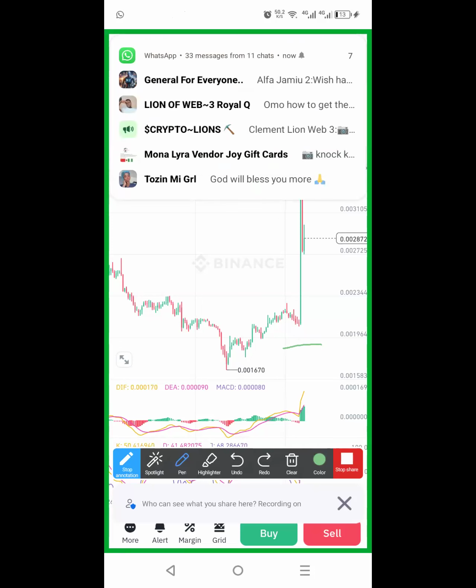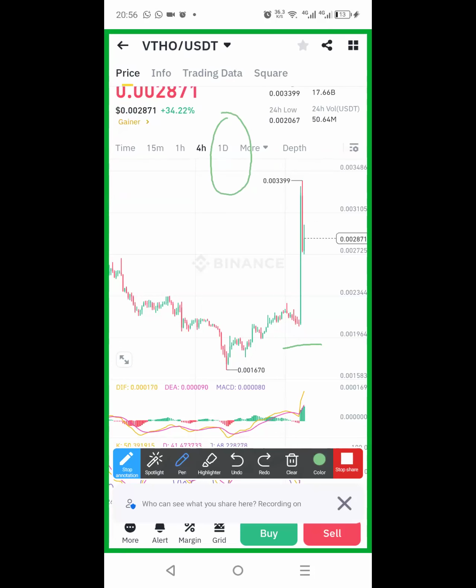So if you see a coin that has pumped up well already, and at some time the coin was not able to move up again, maybe it's maintaining a sideways movement after being pumped, there's a very high chance that the coin might start falling back any moment. That coin might take downtrend movements any moment. That time, I just entered that trade. The trade had already pumped and had now reached the resistance level, so it was time for the coin to come down.